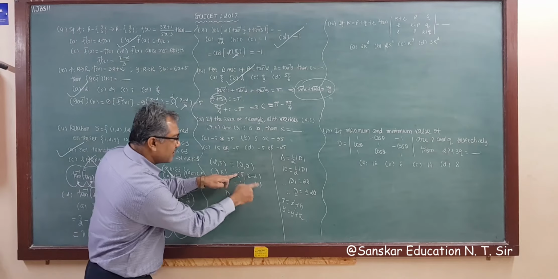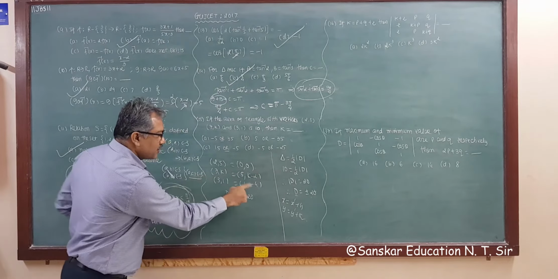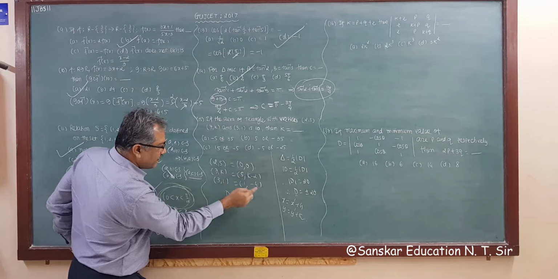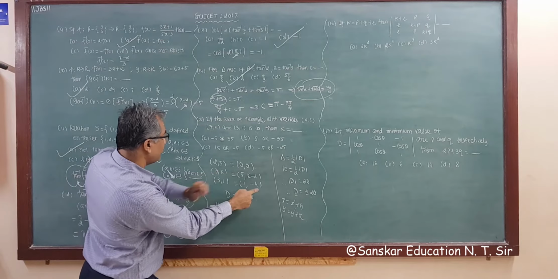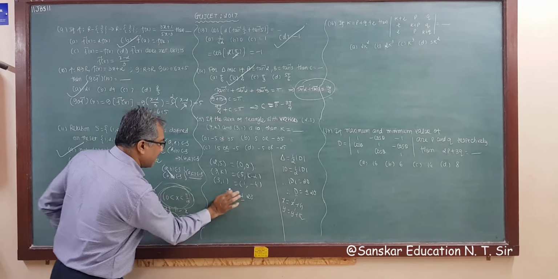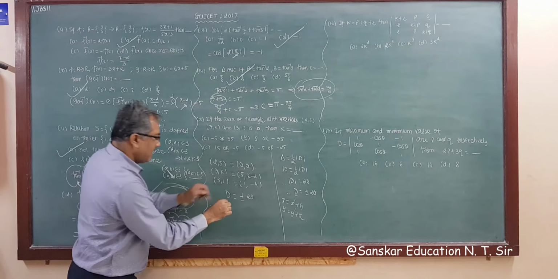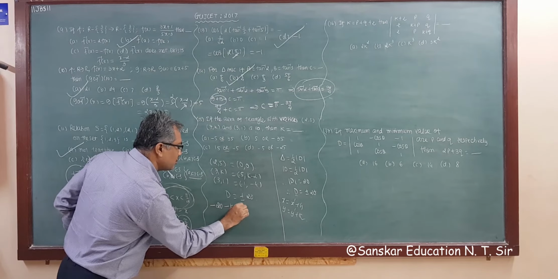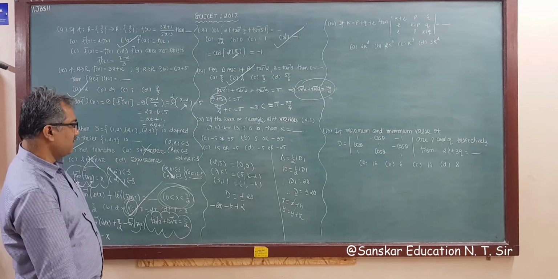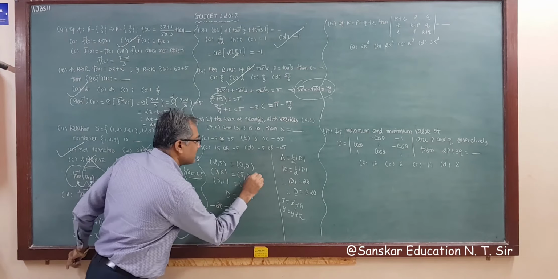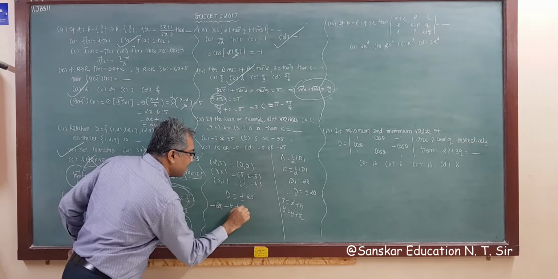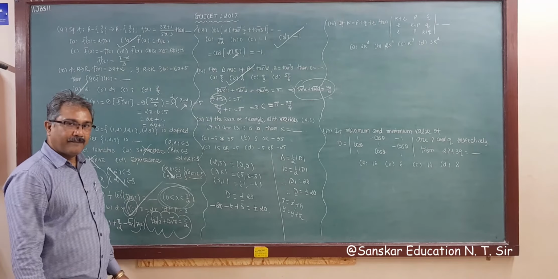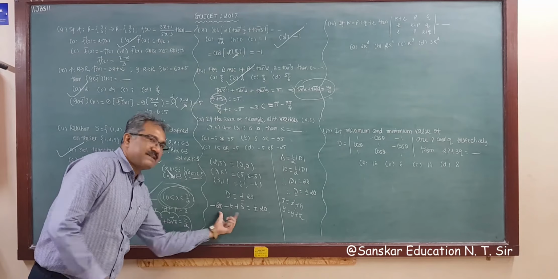Now what is D? D is the expansion of these two, right? So this is minus 4, minus 5 into minus 4 is minus 20, right? Minus k, and minus minus plus. So k plus 2, k plus 2. Sorry, this is k minus 5. So minus k plus 5 is equal to plus or minus 20, right? Now this is minus 15 minus k.